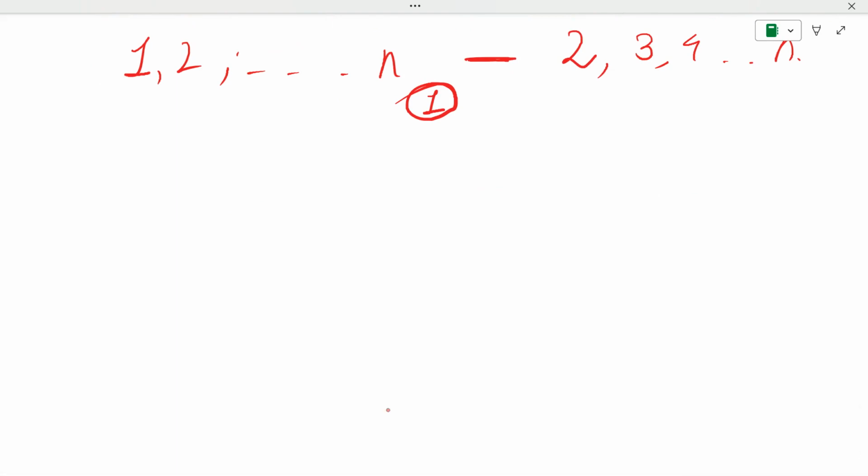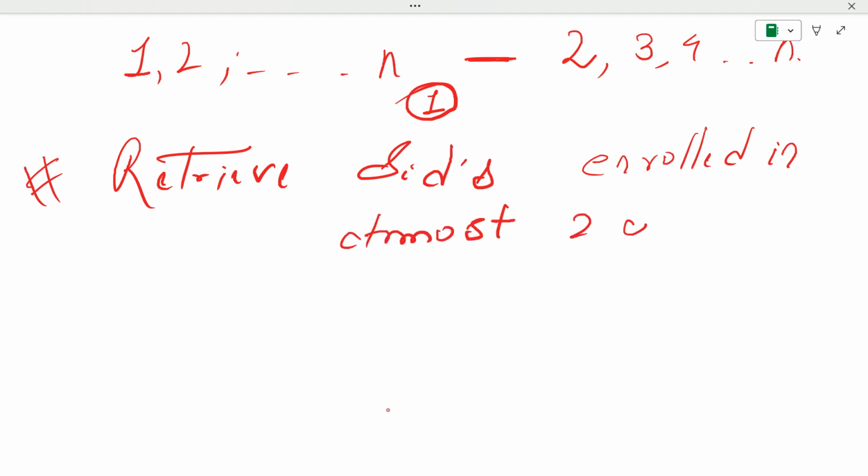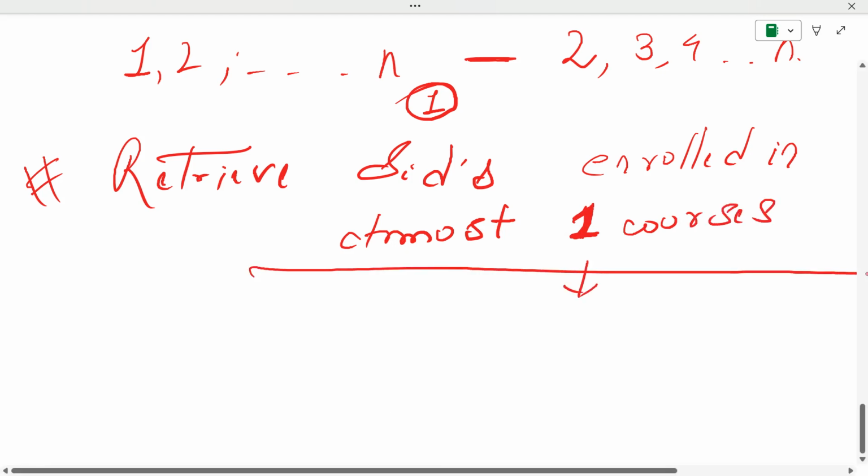Then if we ask that retrieve SIDs enrolled in at most two courses, or at most let's say one course. Let's find it for one first. At most one course. So this means that we need to retrieve the student ID who have enrolled in 1